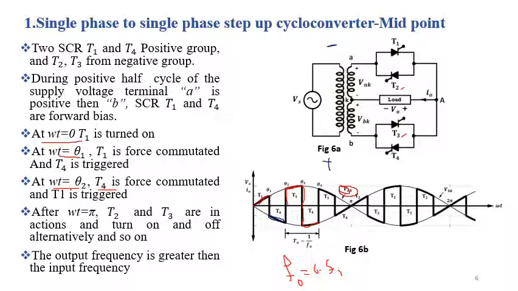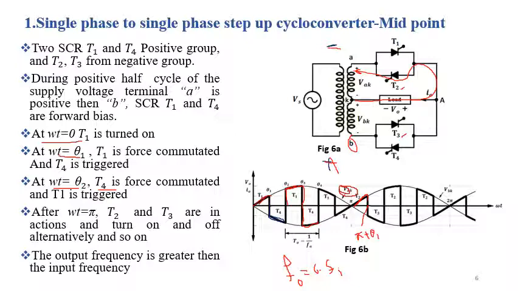So again, for this polarity, positive and negative, we know that the point B is more positive with respect to point K and A, and K is more positive with respect to A only. So at omega t equal to pi, we trigger the thyristor T2, and the current will start flowing through the load like this, and we are getting this output voltage. And at omega t equal to pi plus theta 1,